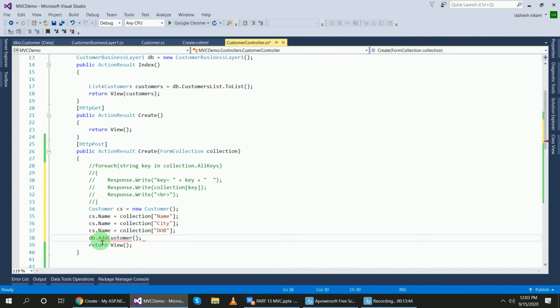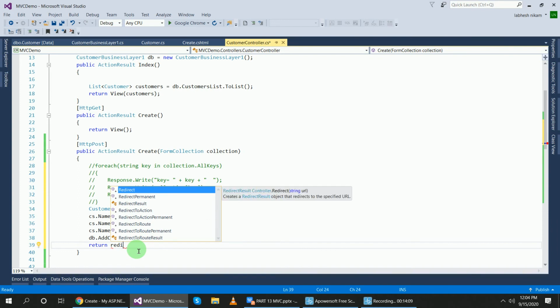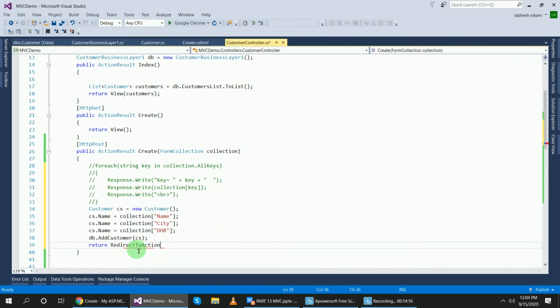We will add this CS object here. Okay, so add customer and CS, right? And in place of return view, we will return the page index page. Return redirect action index. Okay,